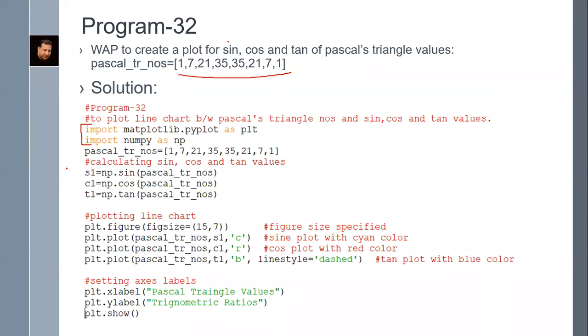So just see, s1 is equal to np.sin(pascal_tr_numbers). It means all these numbers, 1, 7, 21, will be taken as arguments, based on which s1 will have sine values, c1 will have cos values and t1 tan values. Now here